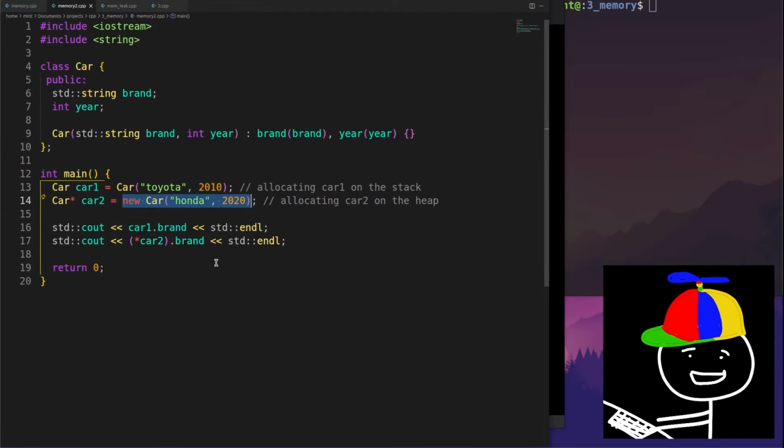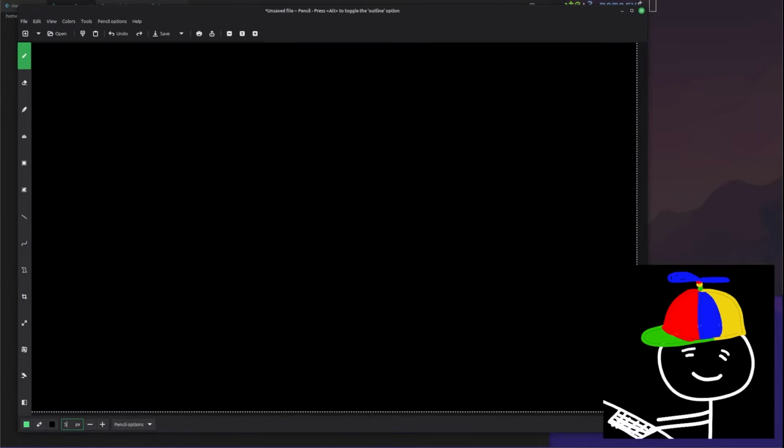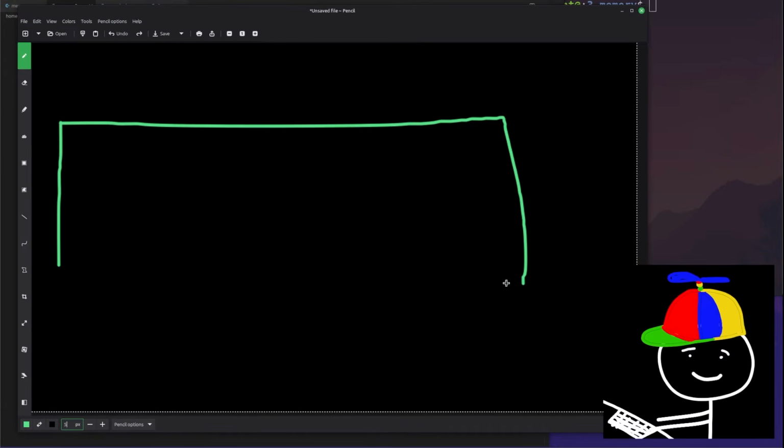So let me try and draw a diagram to explain what I'm saying here. There are probably different ways of representing memory visually, and I think stacks are usually drawn going from the bottom up, and heaps are drawn top down. But for simplicity, I'm just going to draw it horizontally like this.